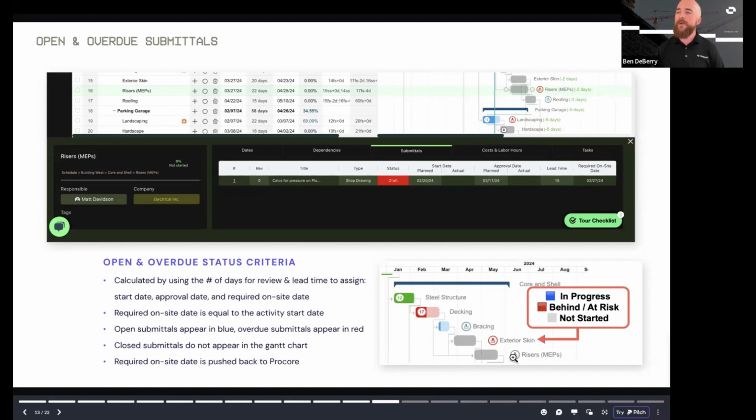One other question that we tend to get is, once I close out a submittal, where is it shown here in my schedule? You'll always have access to that information with the activity card. You'll be able to see that you've got a closed submittal, but we remove that icon from the Gantt chart because it's nothing to worry about. It's already been approved. You don't need to visualize more information here in our schedule.